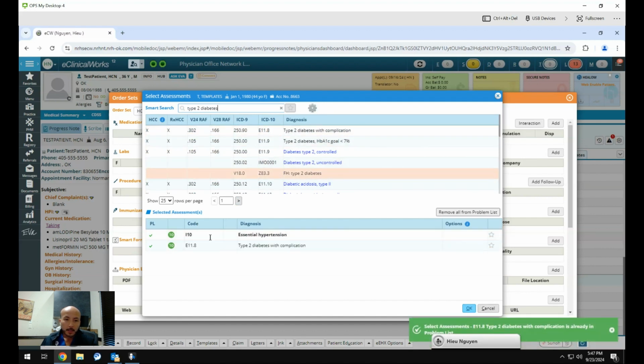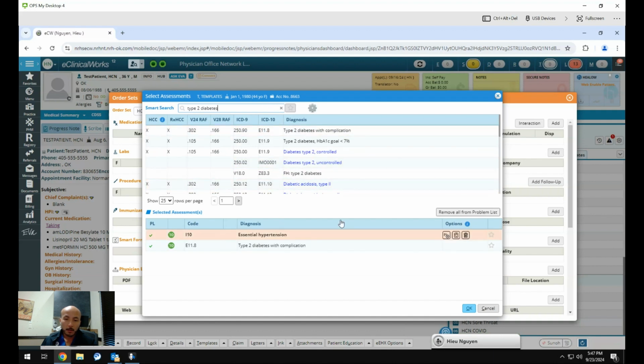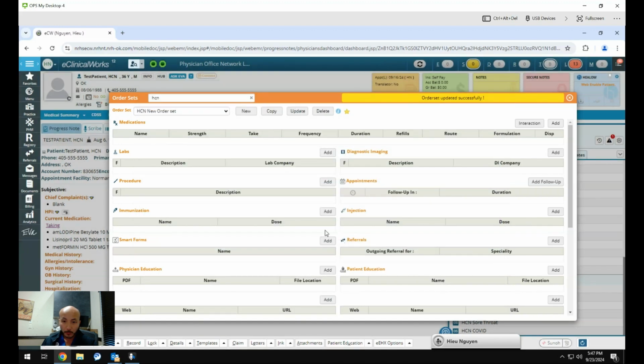So when you add these linked assessments, make sure you add everything you need because there's no way to go back in and remove them, and there's no way to go back in and see what you've added other than to look through your linked assessments. So it's more important not to add anything that you don't want in there. So you hit OK,